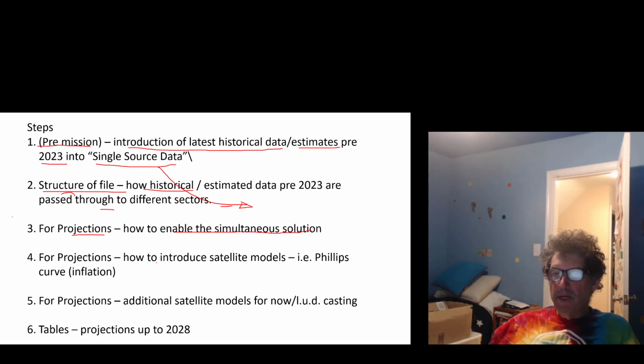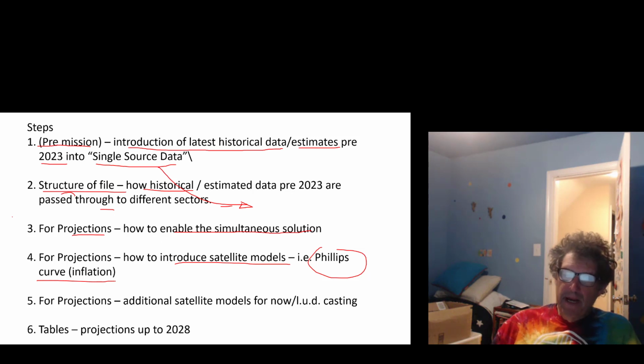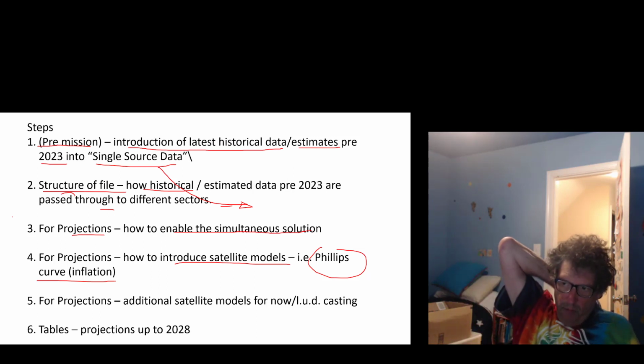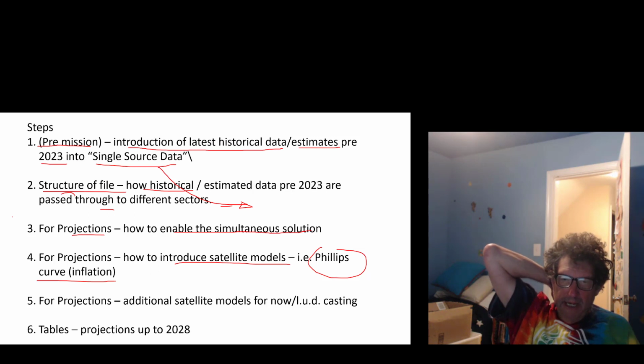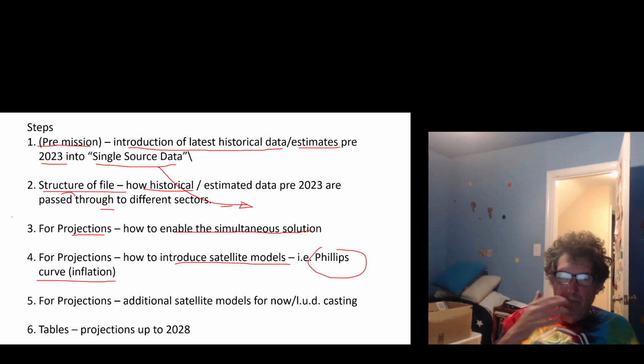Then we want to talk about how we might introduce satellite models, for example, the Phillips curve. We do know that you have a Phillips curve, but we haven't seen that yet. So instead, what we did was try to imagine what a more general Phillips curve might be like, and how the results of that will be injected into the model. And then finally, for the projections,